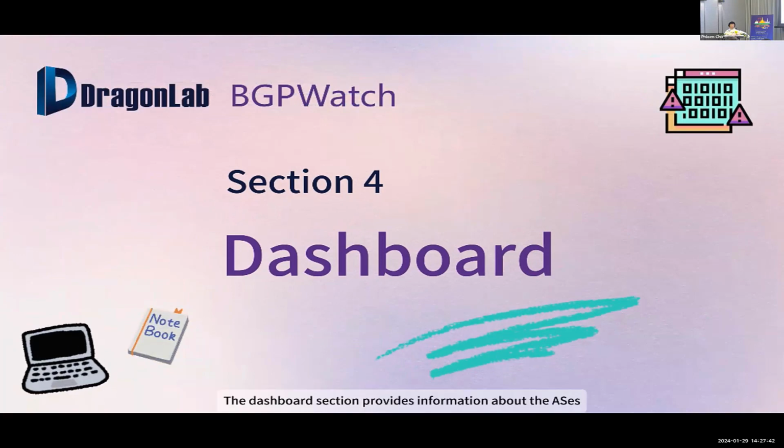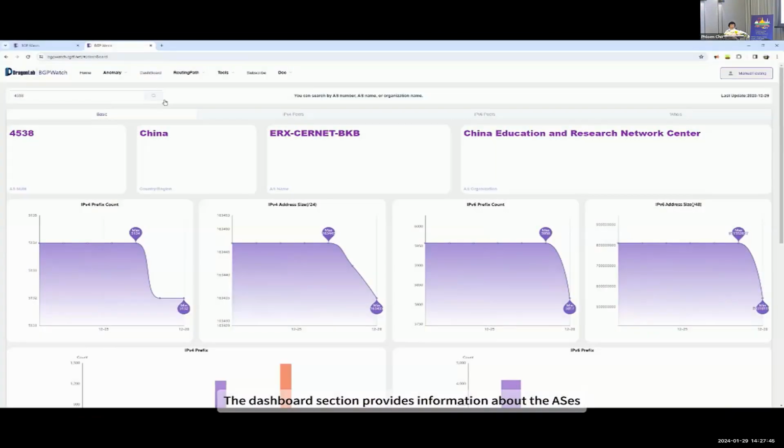The dashboard section provides information about the ASs. The dashboard section is comprised of 4 tabs: the basic information, IPv4 peers, IPv6 peers, and WHOIS. First of all, there is a search option where you can put your desired AS number. Based on your search, you will find the AS country or region of the AS number, the AS name, and